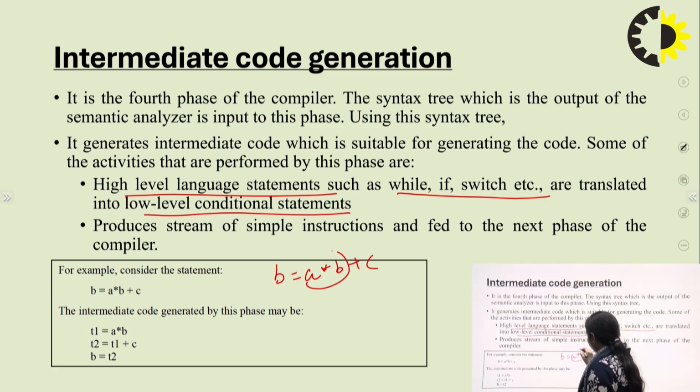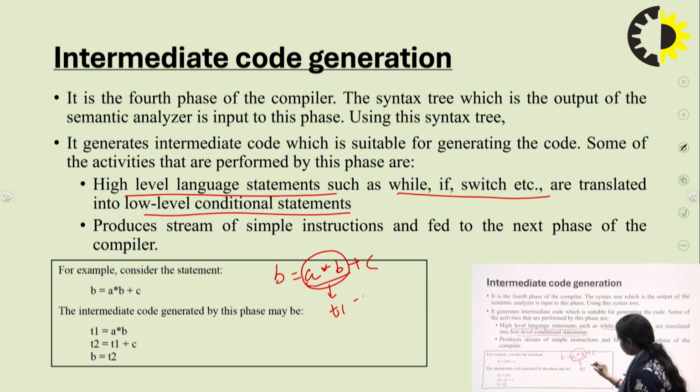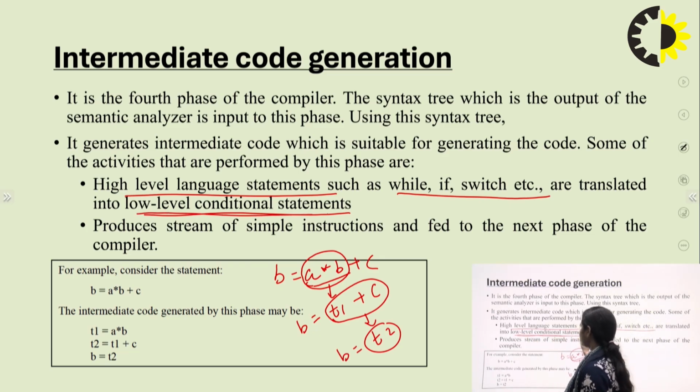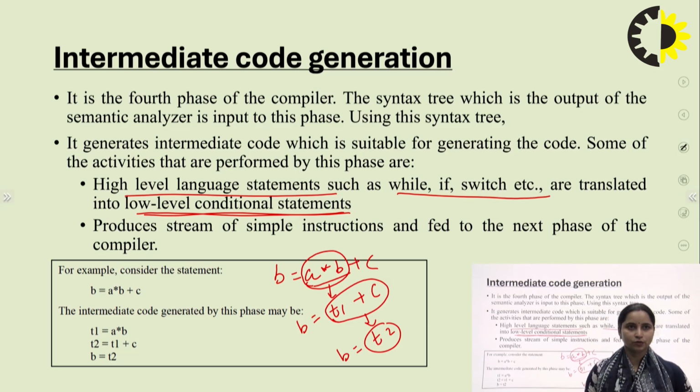So here we can assign a temporary register t1 to a cross b, and then we will get b is equals to t1 not c. Now this is the easier instruction, right? So these easier instructions can be the low level conditional statements. So this is how we are generating the intermediate code.